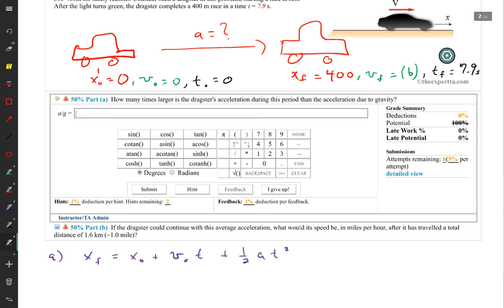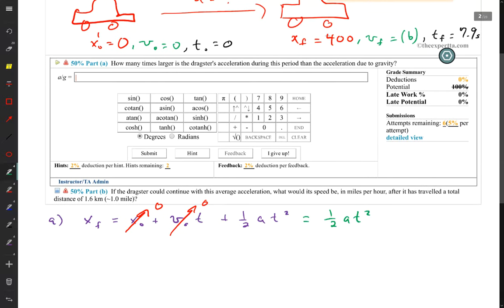Now, you might recall I said when I'm doing the solutions, I'm going to do the, quote, master problem solver's way of doing it algebraically before I put numbers in, except I put in those zeros first to make it a lot quicker. So looking at my numbers, x initial is 0, and v initial is 0. So those terms go away, and I have a fairly simple looking equation, 1/2 a t squared. So solving that for acceleration,